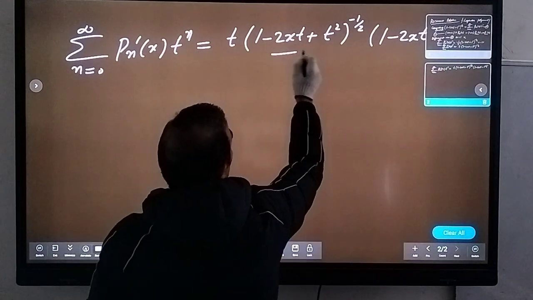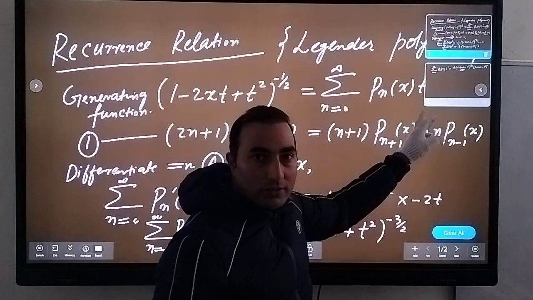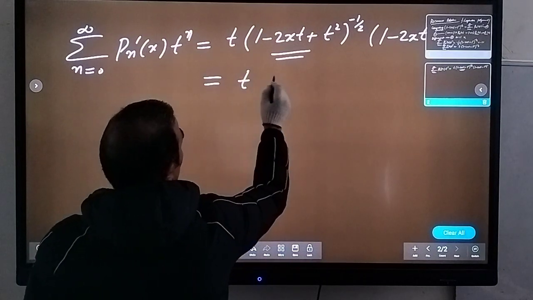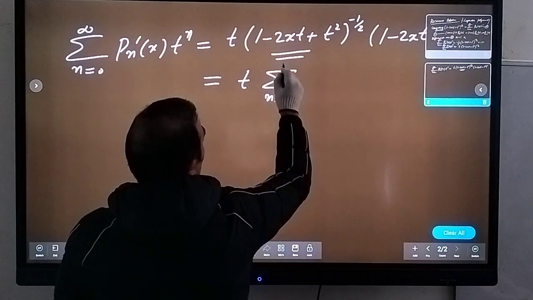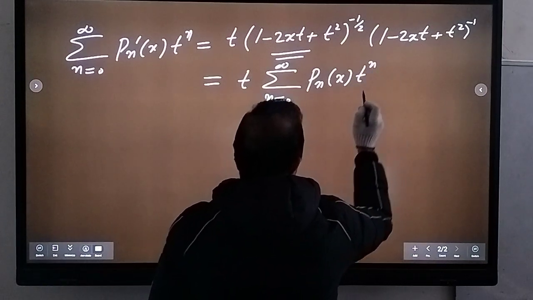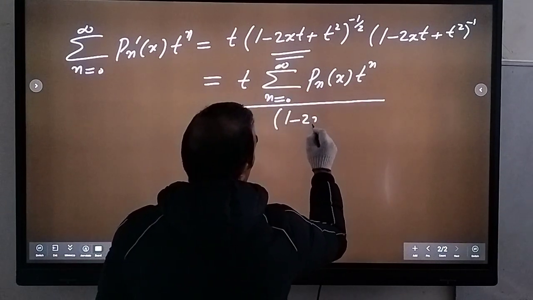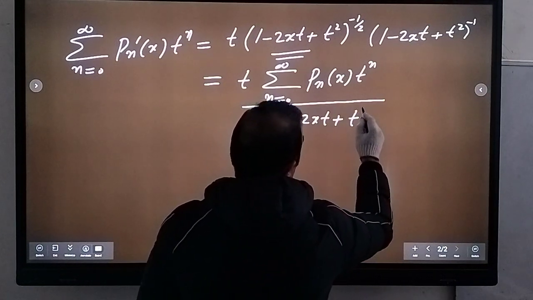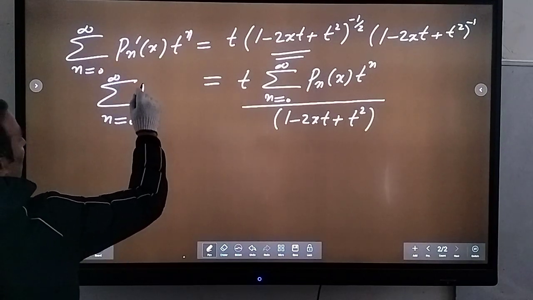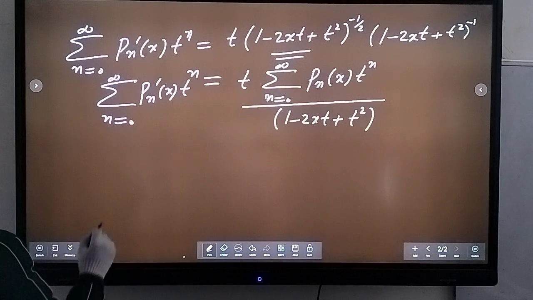But this term, if you remember, this is our generating function. So that means (1 - 2xt + t^2) raised to the power minus 1/2 is the summation n from 0 to infinity of P_n(x) t^n. So in place of this I can write, so this will be equal to t summation and divide by, okay, so that's equal to, okay, or I can rewrite this as,